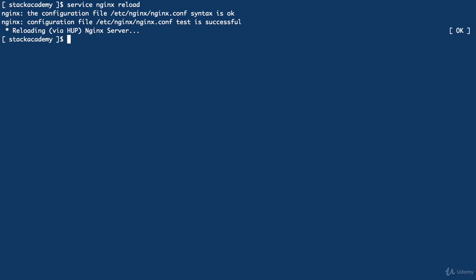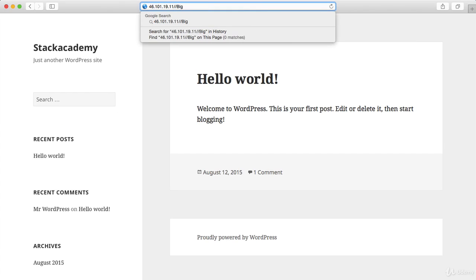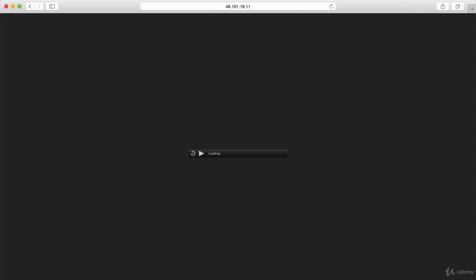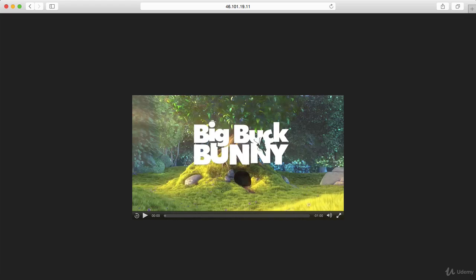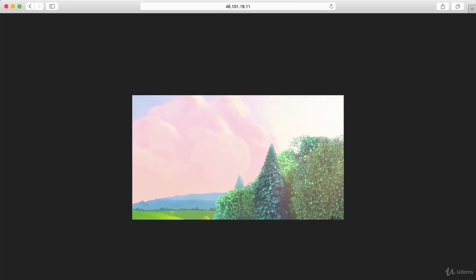Now, if we save this, reload the configuration file, and head over to the browser, I'll navigate to that video file by going to /bigbuckbunny.mp4. And sure enough, after a second or two, the video starts playing as expected. Of course, most modern browsers will deal with an MP4 file just fine, but in addition to controlling buffer sizes,